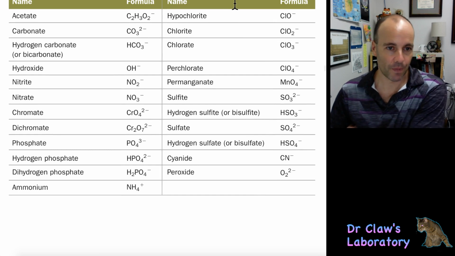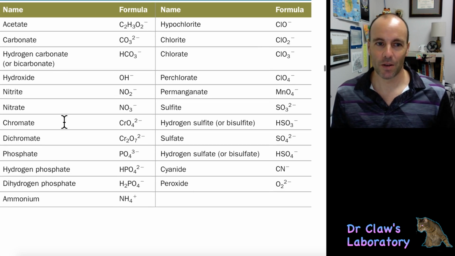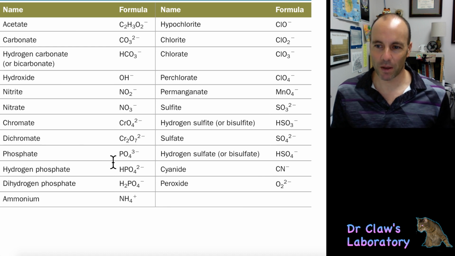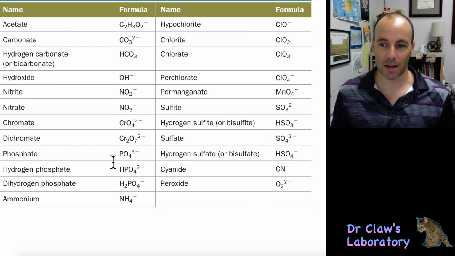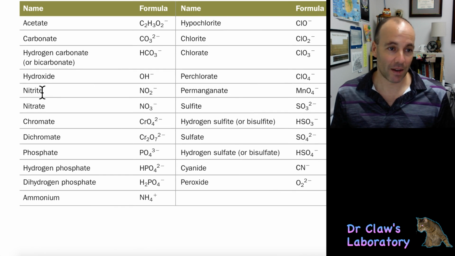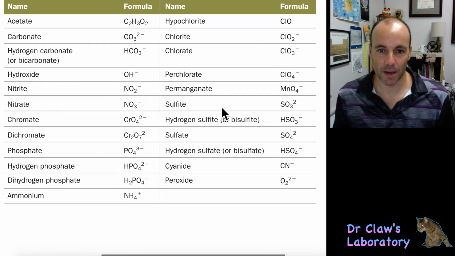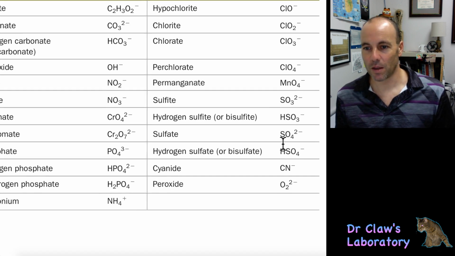So notice that most of these anions involve oxygen. These are polyatomic ions, but we also call these oxyanions because they involve oxygen, most of them. So a lot of them are oxyanions. And again, nitrite, nitrate. Okay. So sulfite, sulfate has one more oxygen. So anyway,